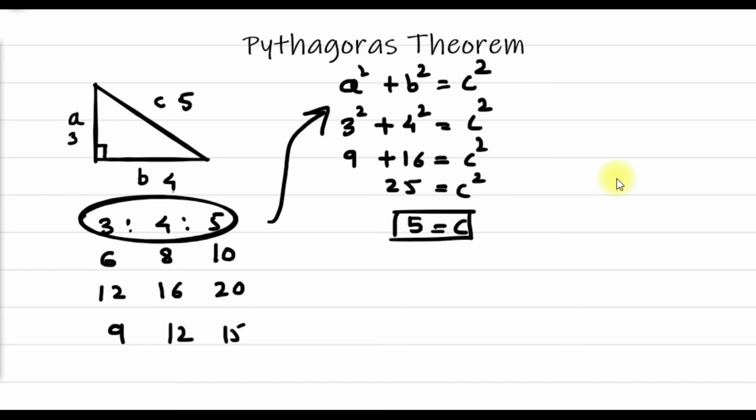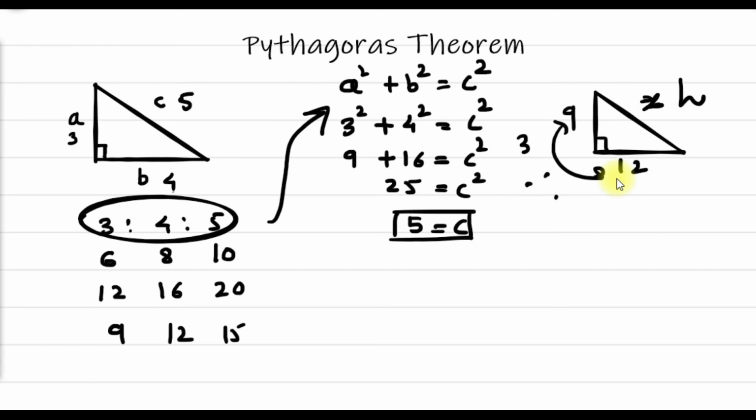Now how to utilize that? It's possible that in a certain example, and I'm just drawing a triangle here for you, you're already given that it's a right angle triangle. You're given the two sides as 9 and 12 and you have to find the third side, the hypotenuse. If you know it's a right angle triangle and you see that the two sides are in the ratio 3:4, then the third side should be in continuation with the ratio, that is 3:4:5. If you do that, you can easily identify that this has to be the combination.